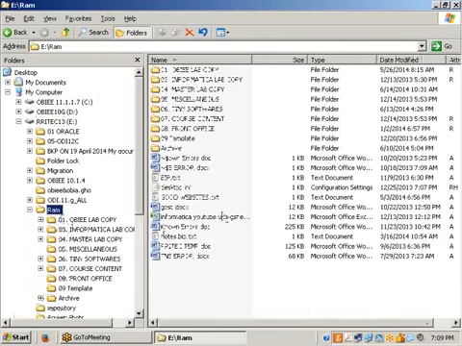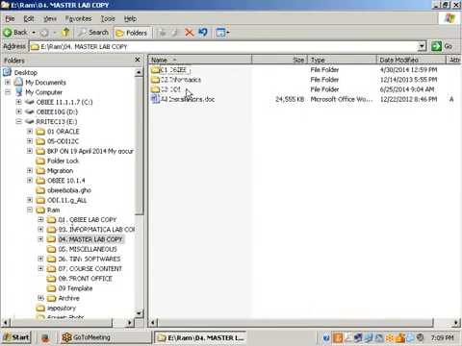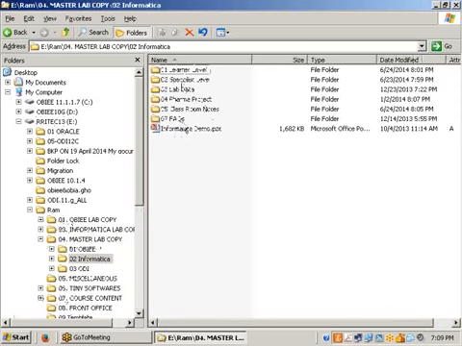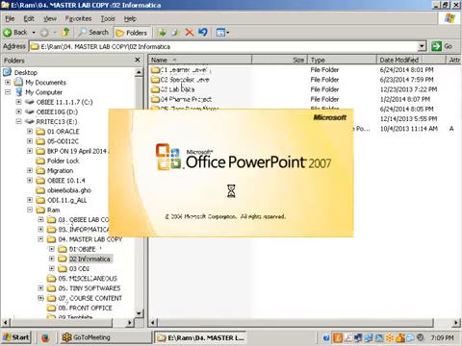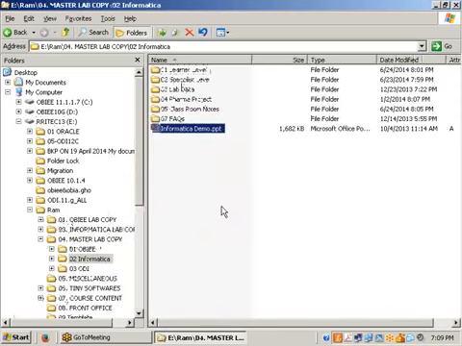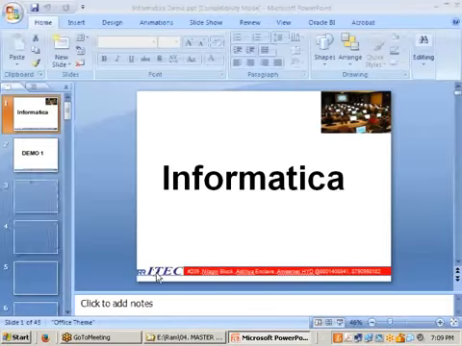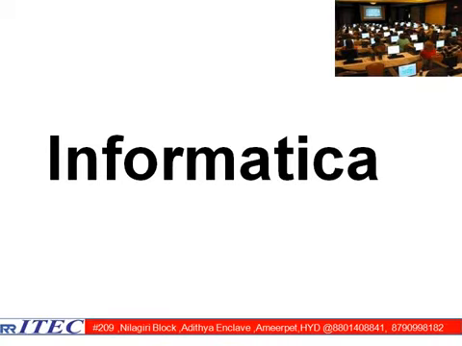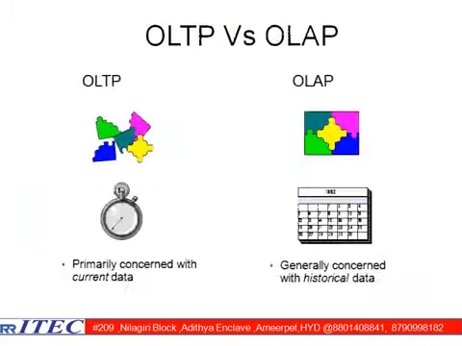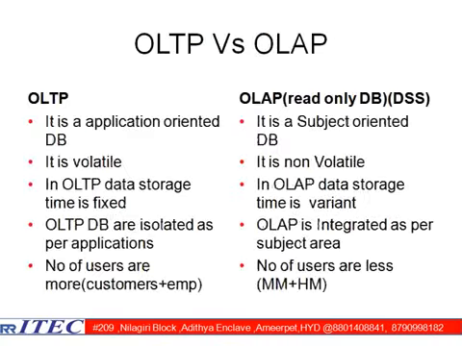Let me open the PowerPoint so that you will be up to mark. I'm trying to open the PowerPoint. Right. So if you go and see the PowerPoint here,